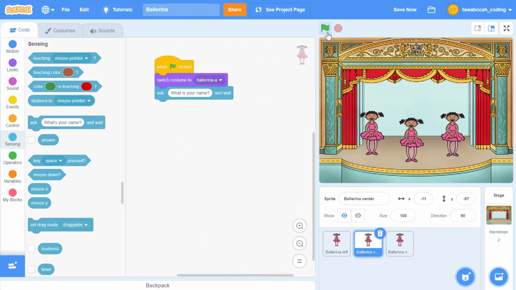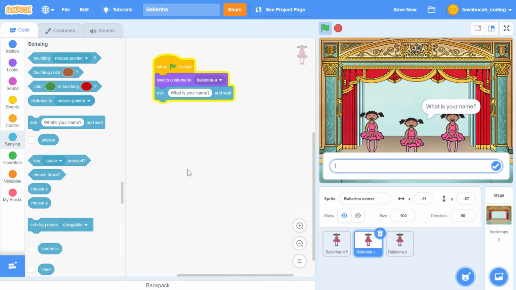Now, give it a try. Click the green flag, and the Ballerina Center will ask for your name. Type your name, and press enter.